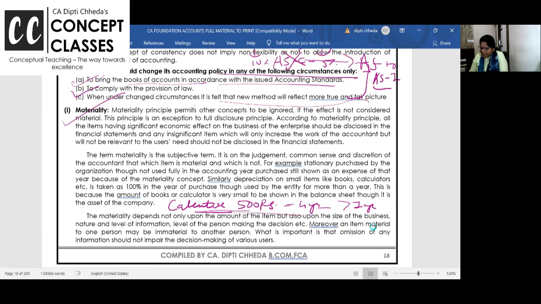Why are you not capitalizing the cost of the calculator? Materiality. What is the cost of the calculator? 500 rupees. So can you write it off in the printing and stationery expense? Answer is yes. I went to a Xerox shop and took a ₹50 Xerox for my business, and 20 rupees I